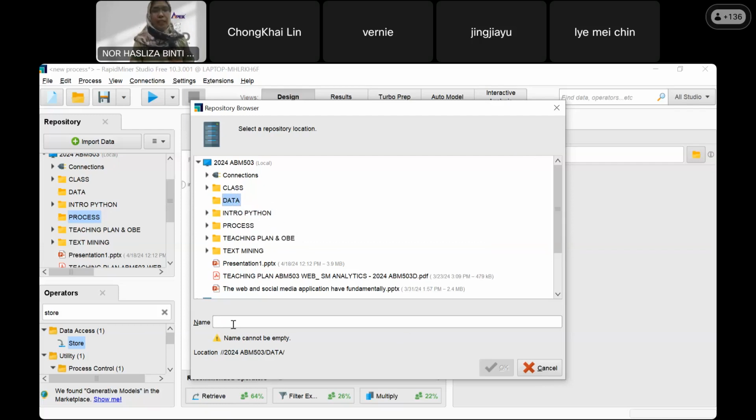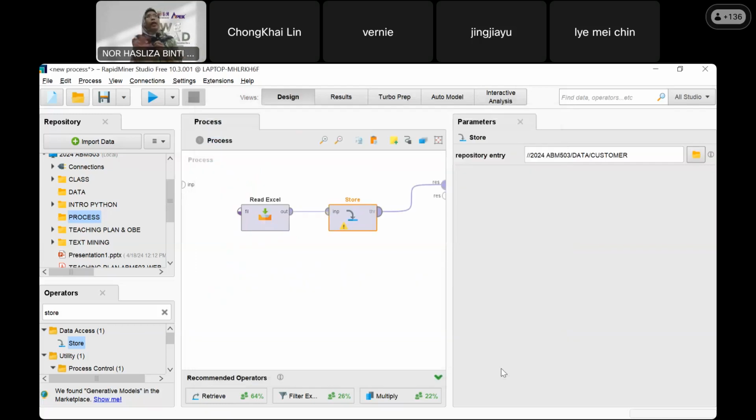So what is called customer, right? It will go inside the data folder. But it does not go yet until you command it to. So you just click the execution process there.